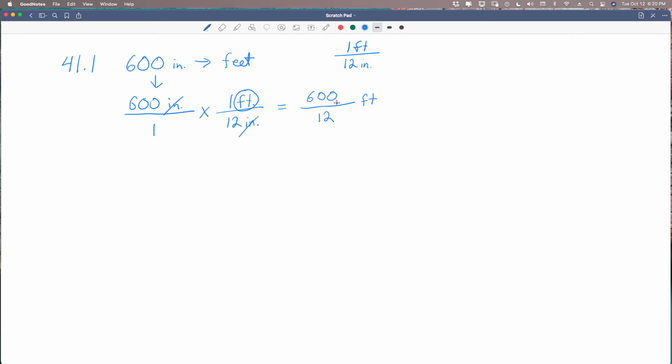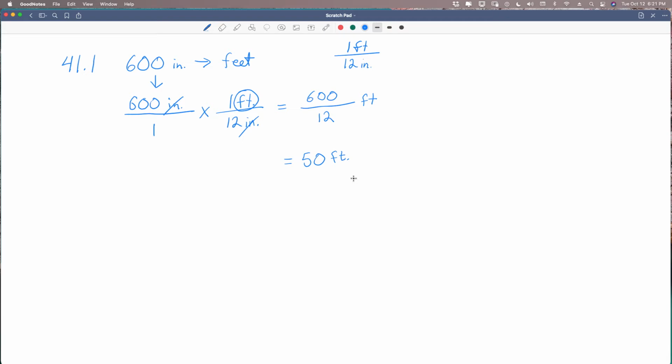So now we can do the math. 600 divided by 12 equals 50 feet. And isn't that what we would do anyway? We would divide the number of inches by 12 to see how many feet we had. That's exactly what we did, and this is how that works. And because we have a pattern system, we can use this for any unit of measure that we want to. We can also use it